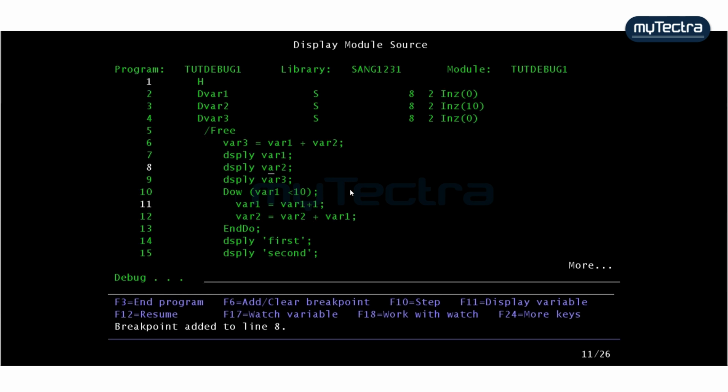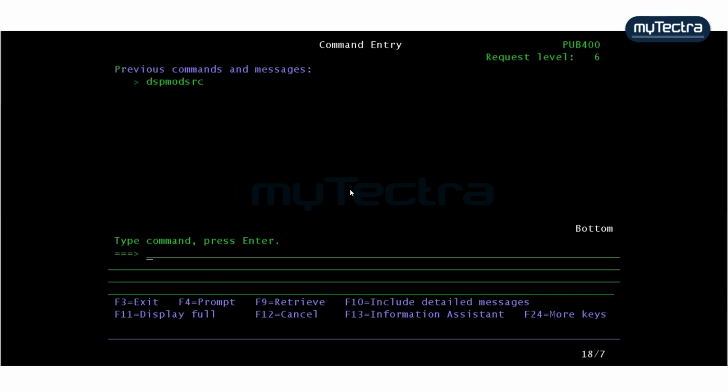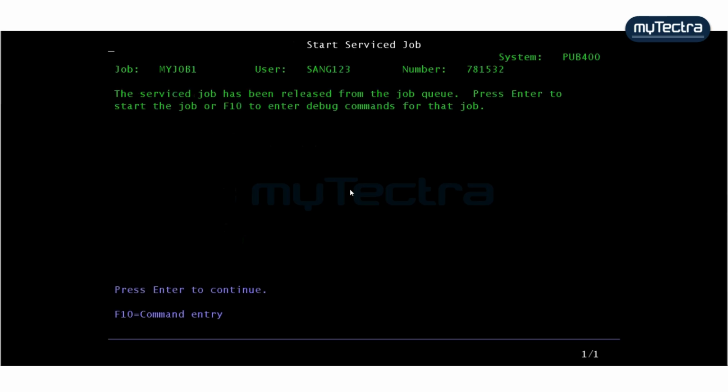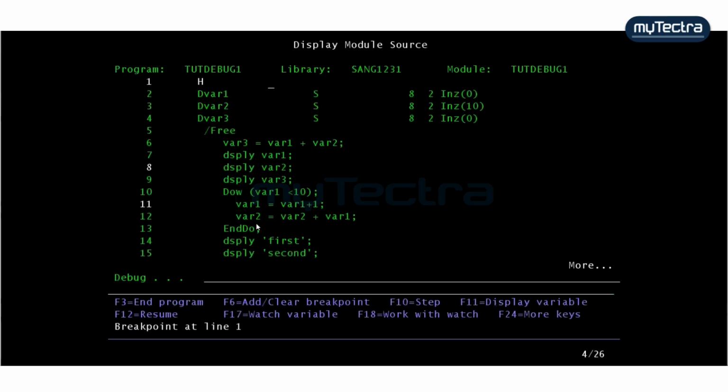That's it. And now F12. So again F12 from here. So now you have to press enter so that your job will be started and it will come to your breakpoint. So if I press enter here,